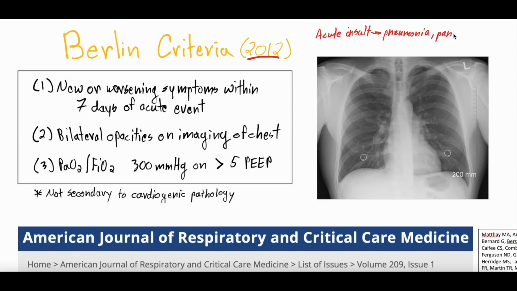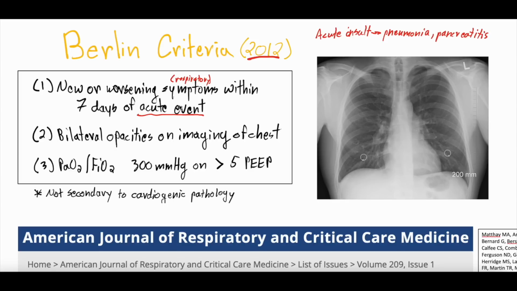And there's a whole bunch of other examples, traumas, burns, pneumonitis, some chemotherapy, some drug-induced. So you need some new or worsening symptoms within 7 days of an acute event. All right, so this acute event would be something like a new pneumonia or sepsis or pancreatitis. And then you need new or worsening symptoms, these symptoms being respiratory symptoms, which we'll talk about. All right, within 7 days of this acute event, because this is not kind of a chronic progressive disease that happens over weeks or months.